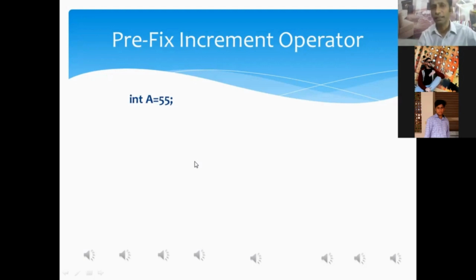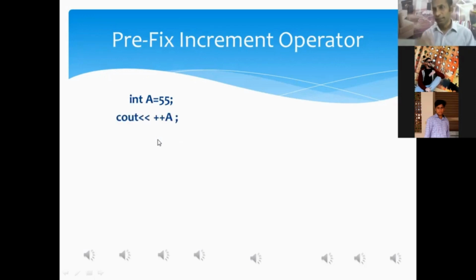For example, what will be done in this example? Mr. Ibrahim Bilal, his current value is what? 55. Do write this one. Fine. Forget about whatever you have done earlier on. Begin with a new journey. All right? Do write. What is the current value of A? 55. Okay, Mr. Ibrahim Bilal.